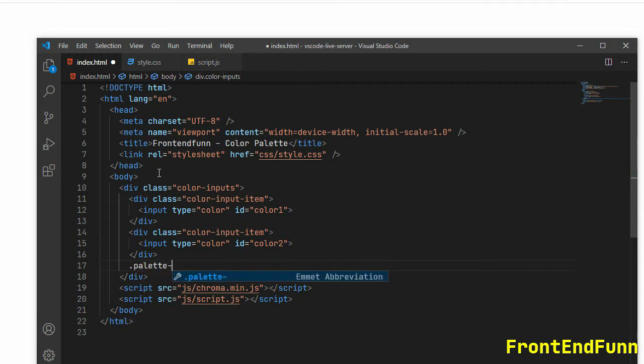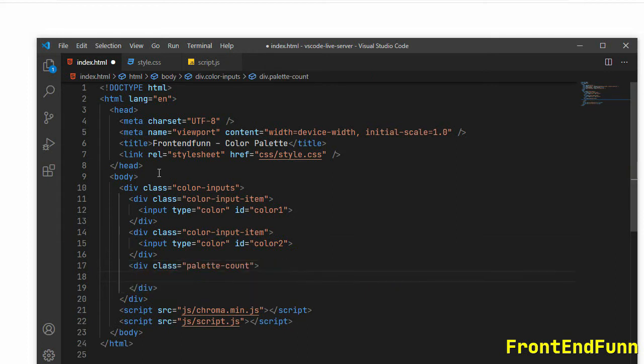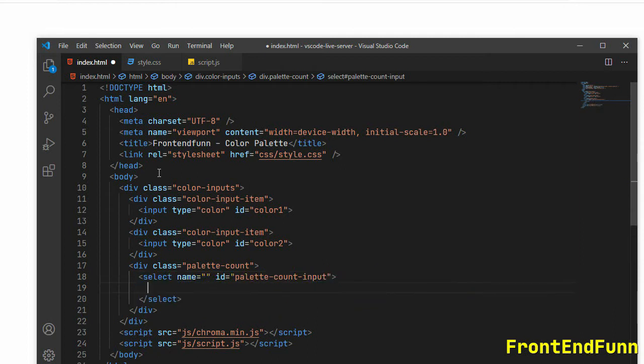Next we need a select drop down, so palette count. This is a select, and let's give it an ID of palette count input. Okay, and for the options, let's start from 6 and it is selected by default.